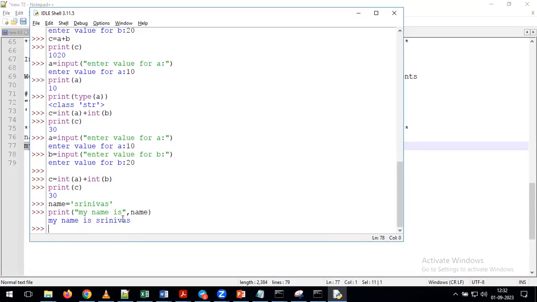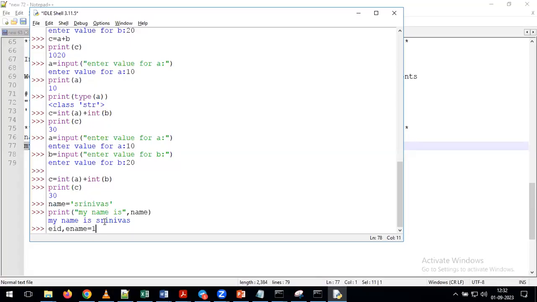Okay, this is the way you can perform concatenation. Here we are performing string concatenation. Name is a string value, and "my name is" is a string value. We are concatenating both together. With that, you can get the output like this on top of your output. Okay, now for example, I am giving employee ID,